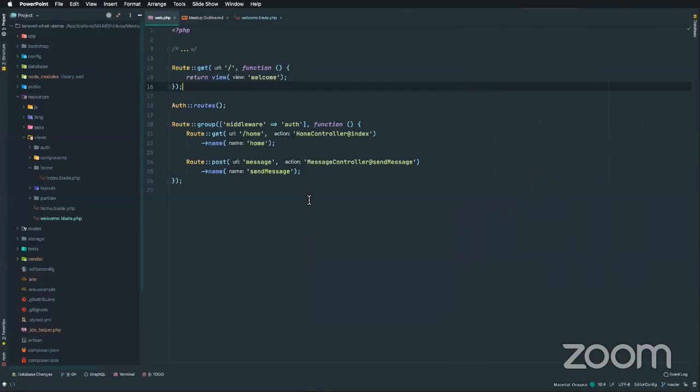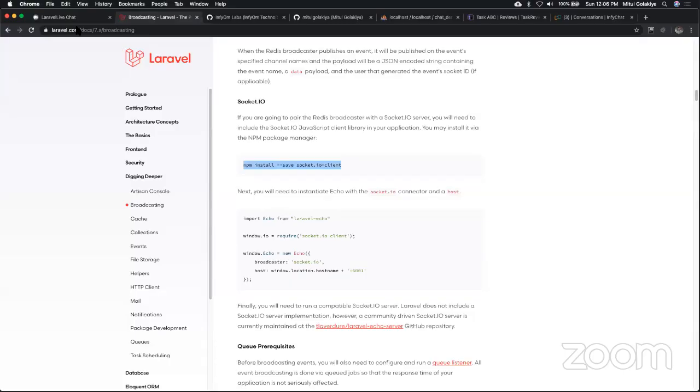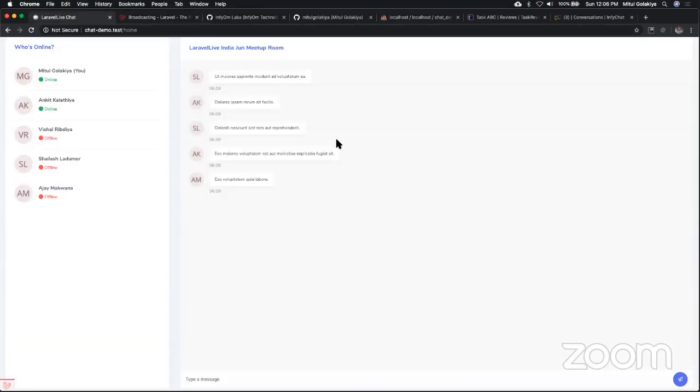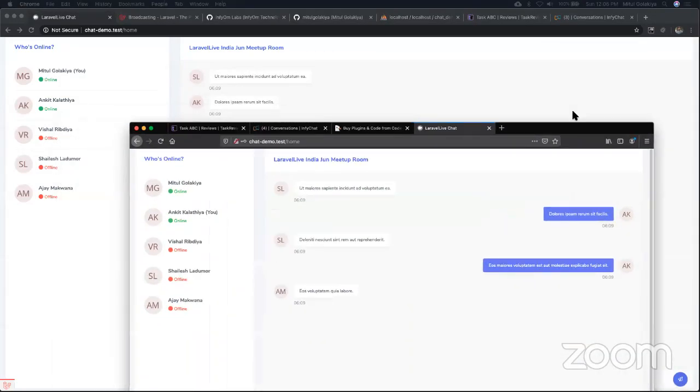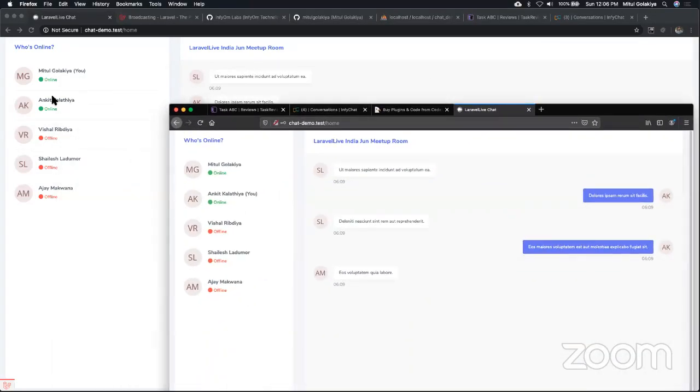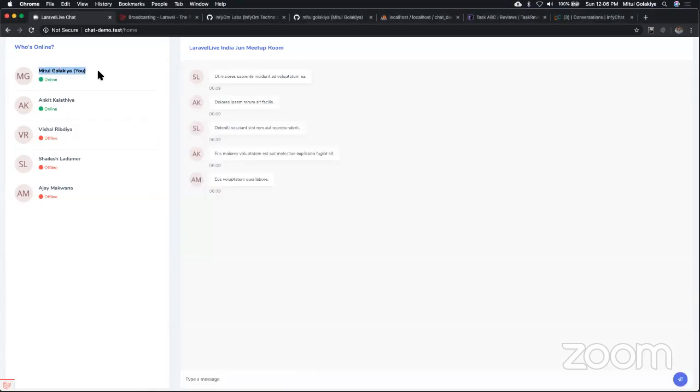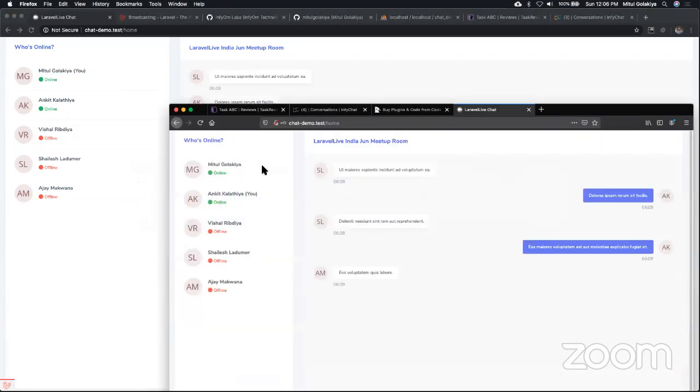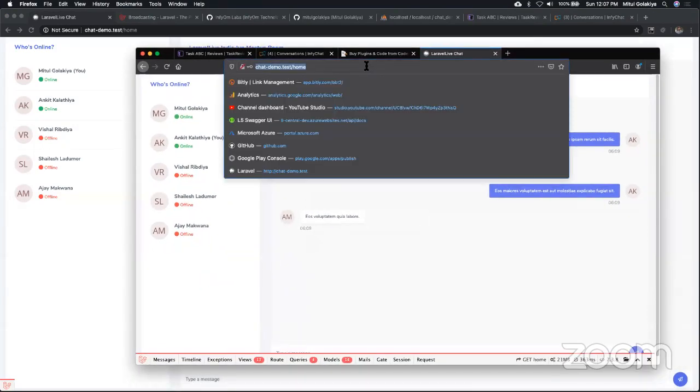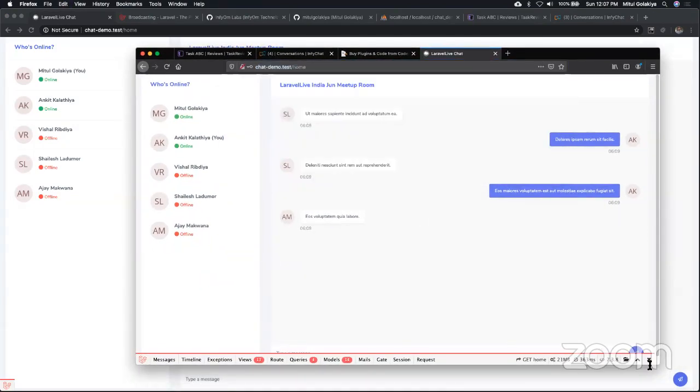So this is an application. Let's first see how it works. This is one chat that I have built. There are 2 users online. I have opened one browser over here, which is this user, like me. There is another user who is logged in over here. So if you see, if I send some message over here,